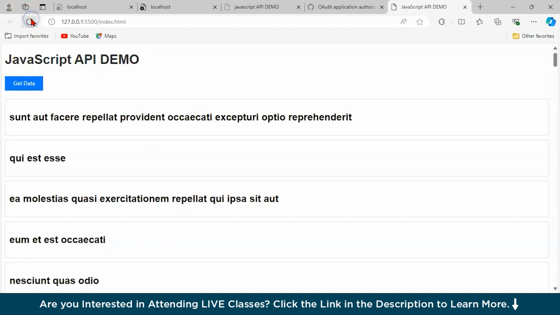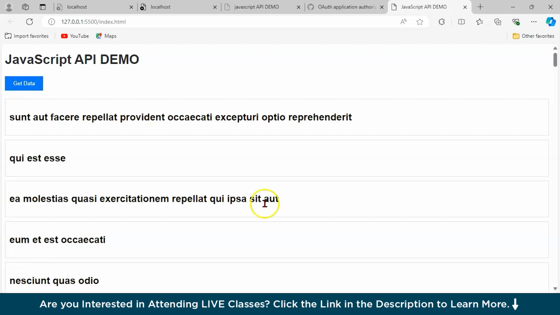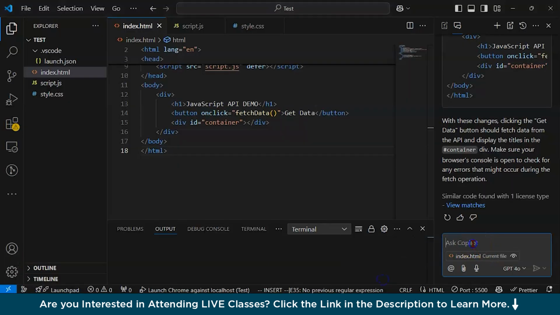So whenever I'm refreshing it, I don't want this title to be displayed. Whenever I click the button, then only it displays me. So let us type to the GitHub Copilot and ask what suggestion it could give us. So go to your Copilot and say